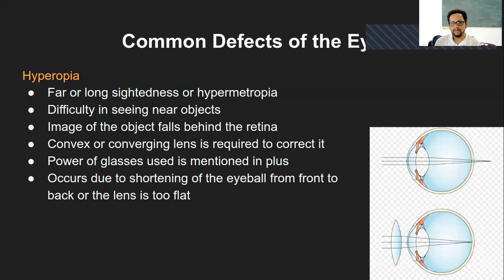So can a person have both of these defects, hyperopia and myopia? It is very much possible, because it ultimately goes to the accommodation of the eye. If the eyes are not able to accommodate in any situation, for example, you want to see a far distant object and you are not able to accommodate your eye, and the same is the case if you want to see something nearby, and there also the eyes cannot accommodate, then in such a situation, both lenses are used.